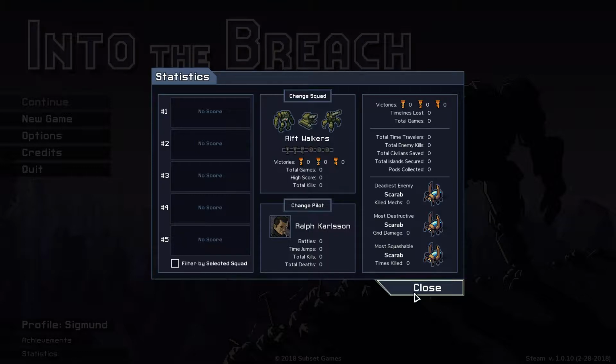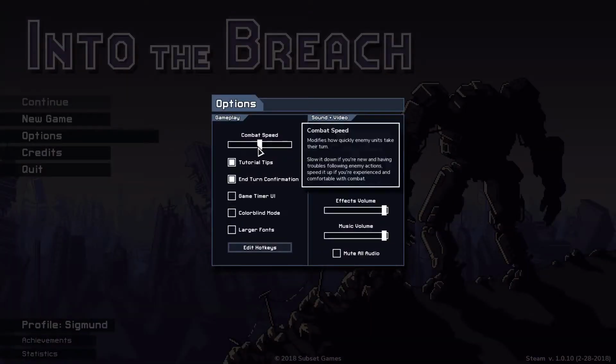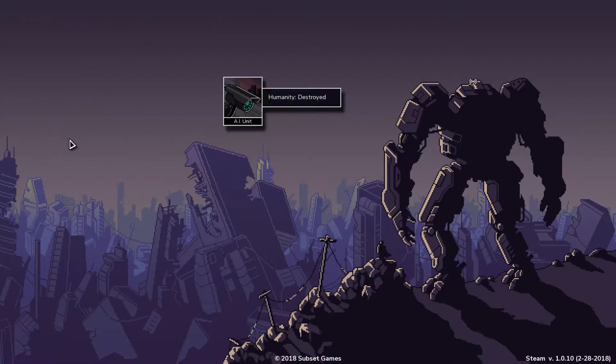I'm going to assume there's a tutorial. That was one of the options when I booted this up before I could get to the options menu and switch it to full screen and everything. I'm going to leave combat speed there for now. I can mess with that later. It's supposedly a roguelite turn-based strategy. And from what I've seen...